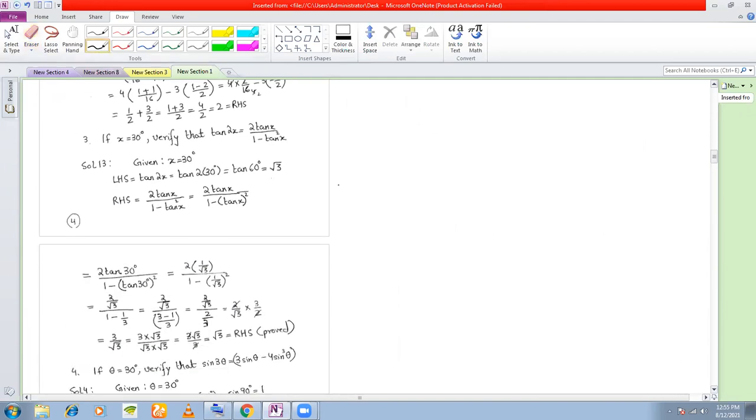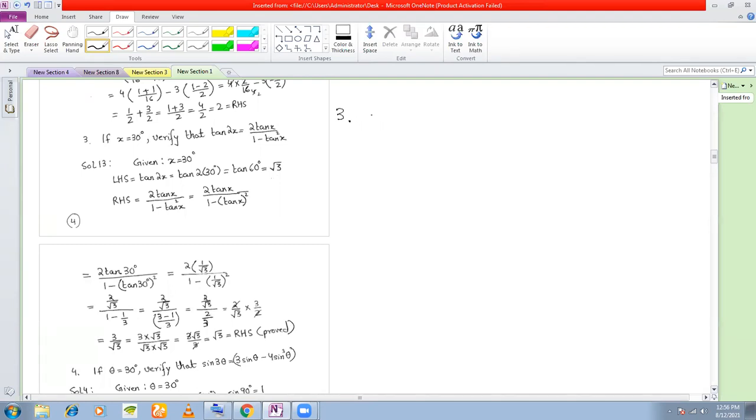In fact, if you want to learn up the tables, my advice to you is, if you want to be confident with the tables, record your own voice on the phone. Okay, along with the table. Like you can record it as sine 0 is equal to 0, sine 30 is equal to half, sine 45 is equal to 1 by root 2, and so on. Record it. Say a 1 minute audio recording, and then before sleeping, you put on your earphone and put it on repeat mode so that you keep hearing it, and hear it for 10 minutes before sleeping, and I'm sure you'll be comfortable. You'll be confident with the values.